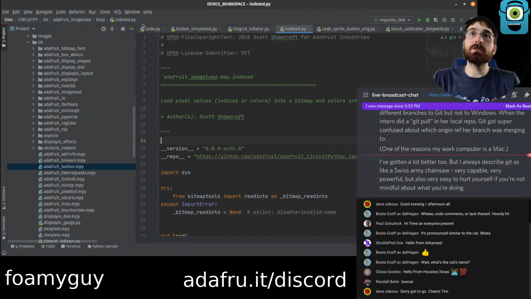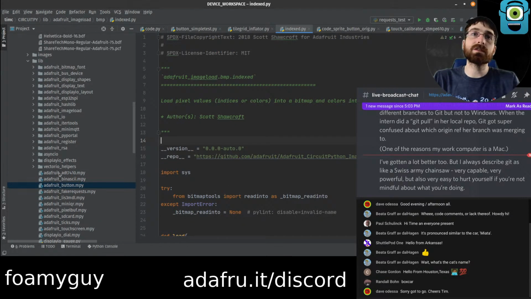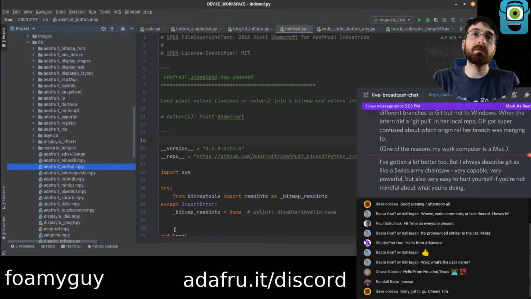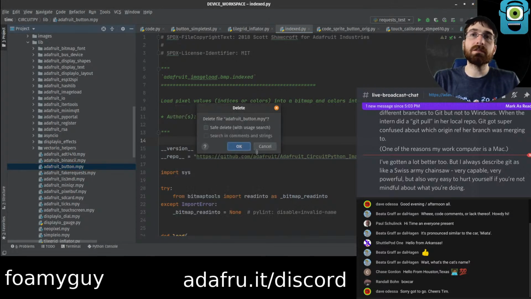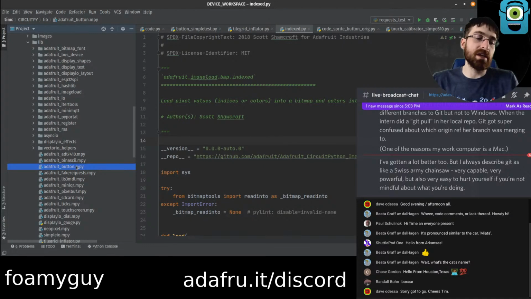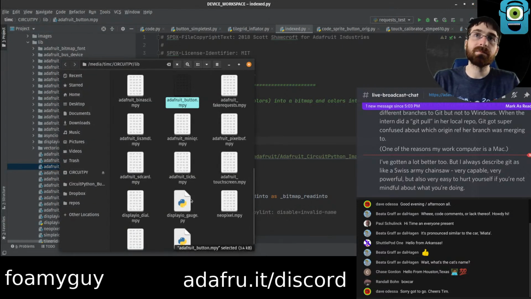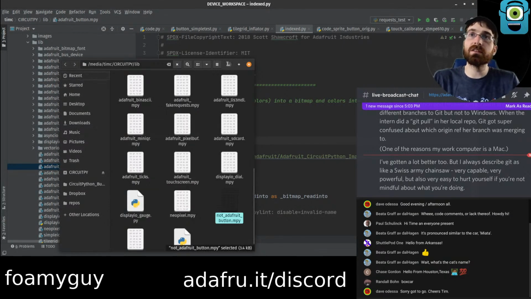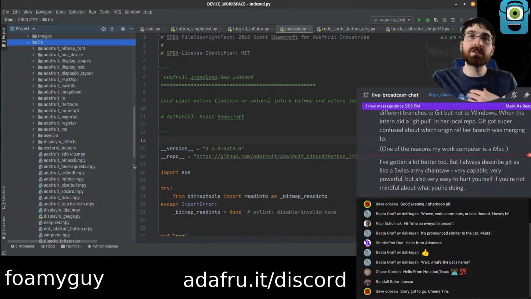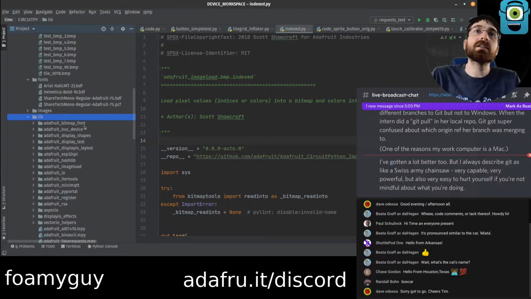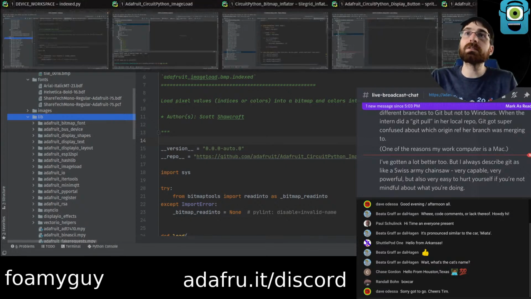This way we can write code that's using it. I think we can delete this, or let's just rename it in case we want to go back to it. This way I can kind of cheat and use it again later without reinstall. I guess I could always just reinstall with Circuit. I forget, Circuit makes it super easy to just install a thing again. So that's honestly probably just easier. I should delete it, but.